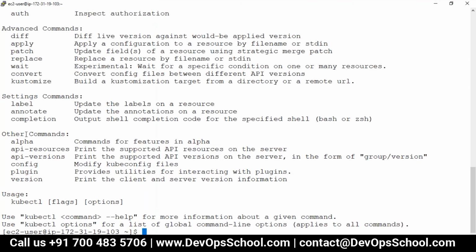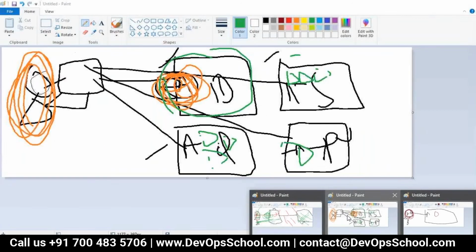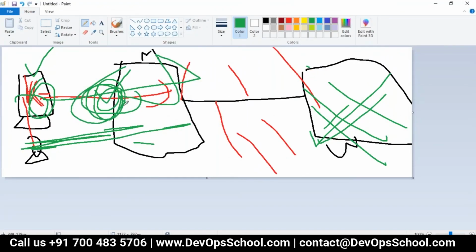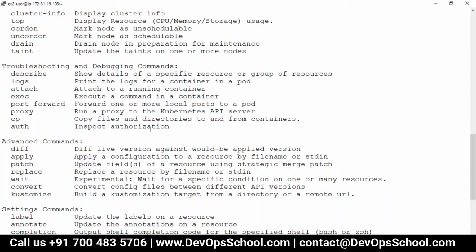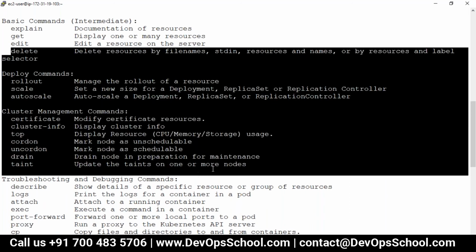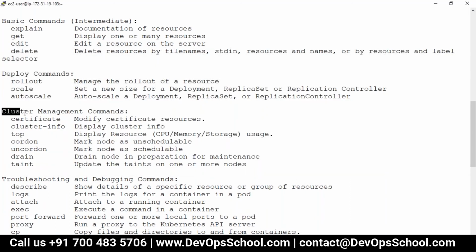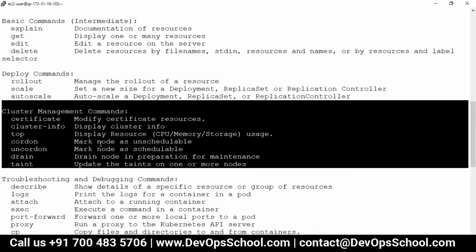Okay, so now these are the commands, but can you tell me one thing: which command should I run which will help me to know the status of my API server? Because right now this guy can talk to the API server because of the config file, but I need to know whether the connection is okay or not, whether the connection is good or not. I have no idea about those commands. So you tell me which command, because those commands will go into the cluster management commands, right? Which command should I use to know about the cluster? Any idea?